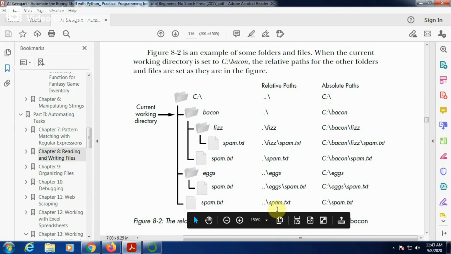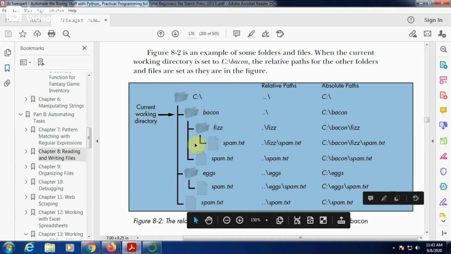If you want to access spam.txt from the C drive or from the root directory, then 2 dots backslash spam.txt. From the root directory you are accessing spam.txt, and its absolute path is c colon backslash spam.txt. Okay. This is about relative paths and absolute paths.